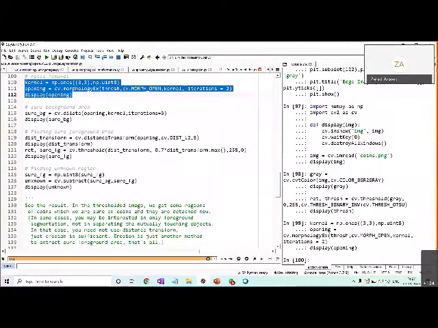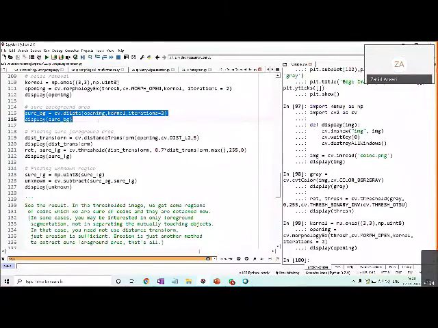Now we want to know the sure background. In order to know the sure background, we are applying dilation on the opening output, and 3 times we are doing this.